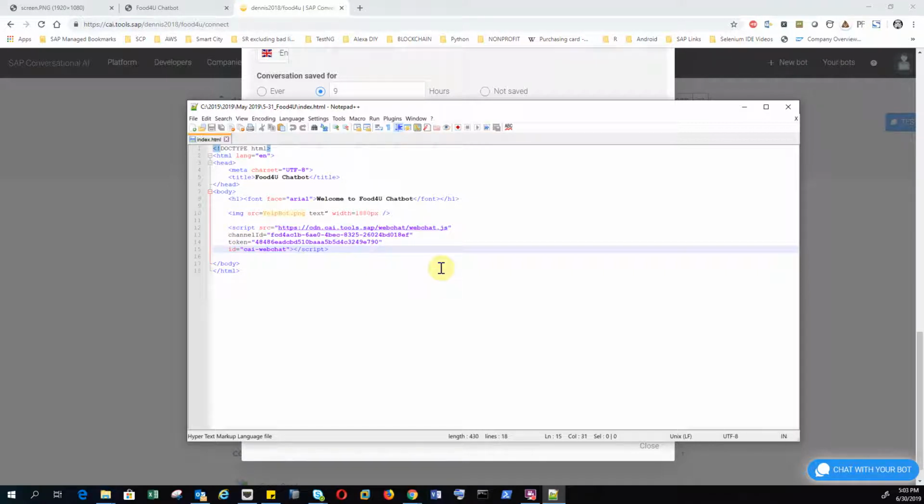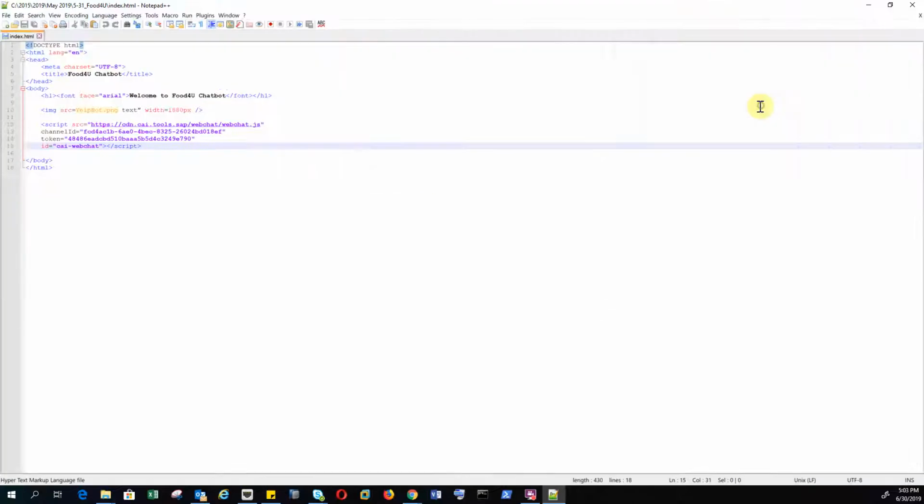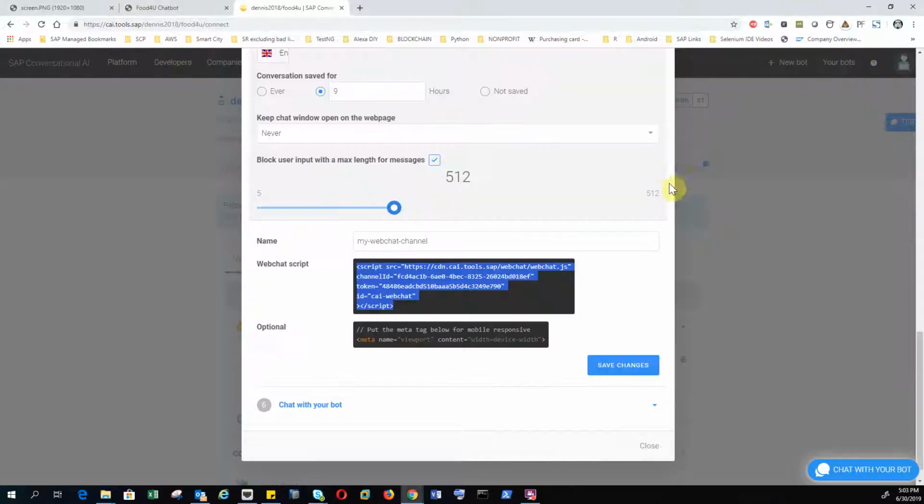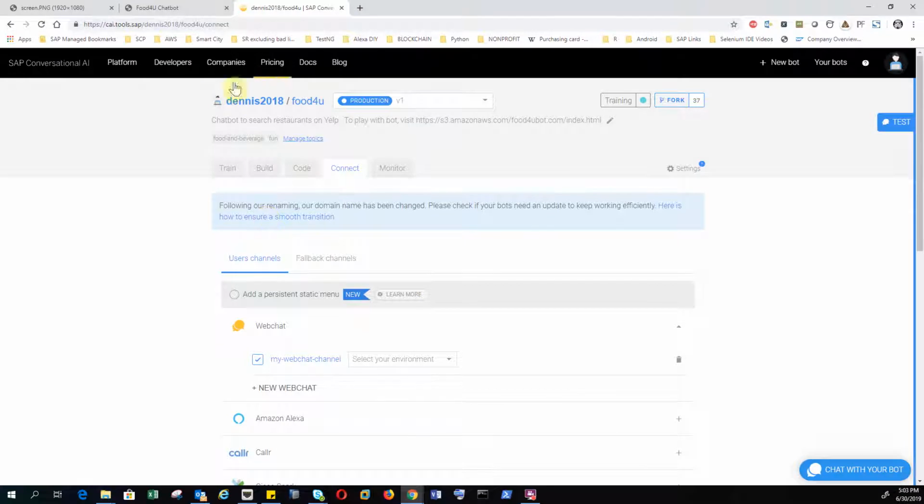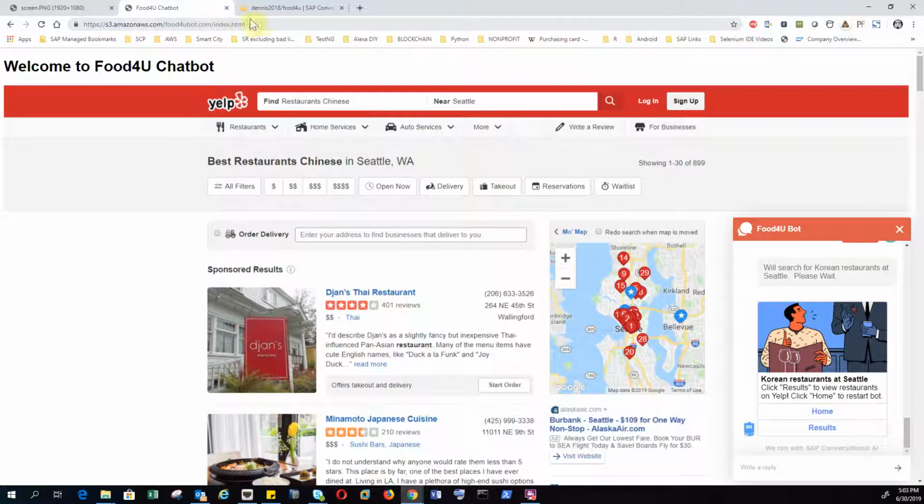Once you do that, basically you embedded the Food4U chatbot onto this page. And after that, all you need to do is to deploy that page into AWS or other cloud servers,